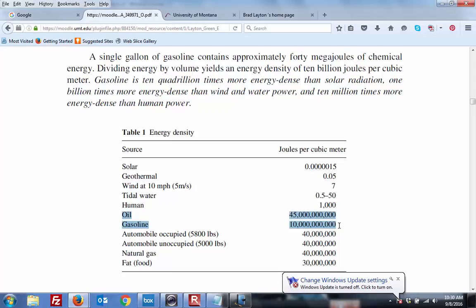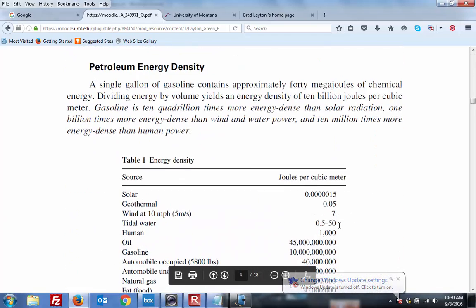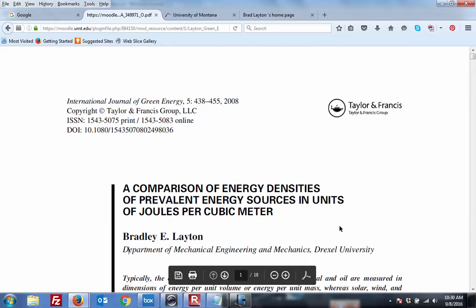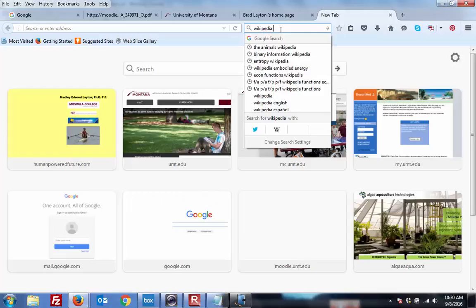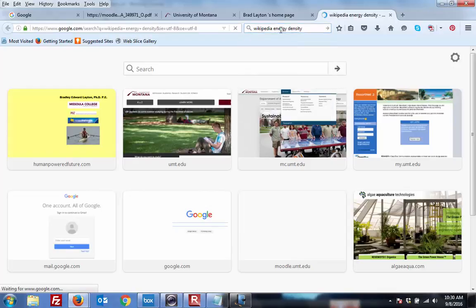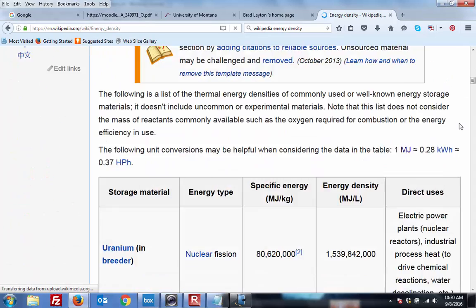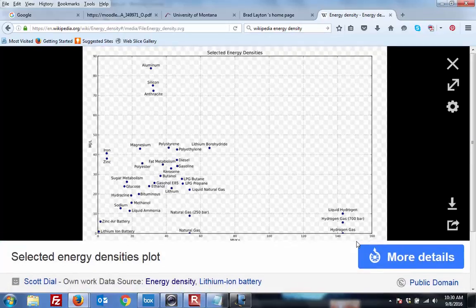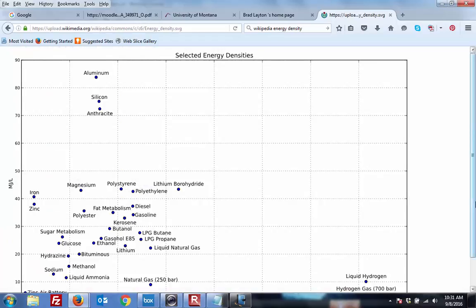How would you describe energy density? Oh, good question. That's a really good question. So the question is, how do I describe energy density? There's a few different ways to do it. Let me point you in one direction really quick. I have a favorite figure in Wikipedia that I frequently go to, because there's probably more than a couple of ways, but the two most common ways to do this are,